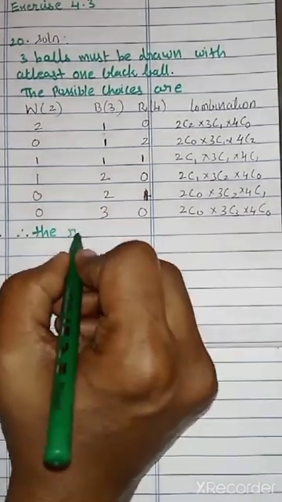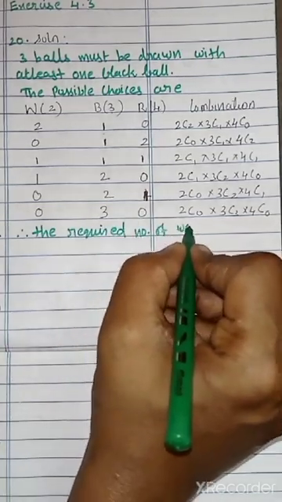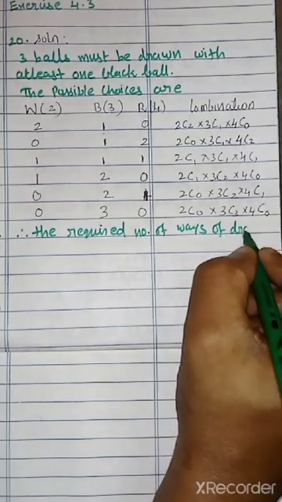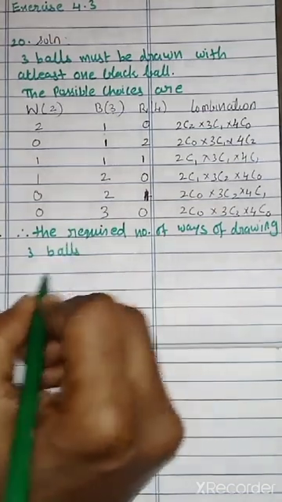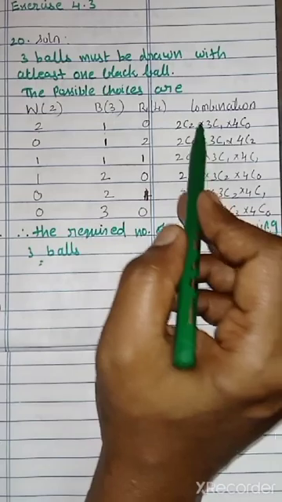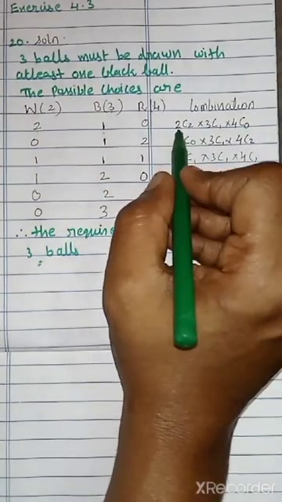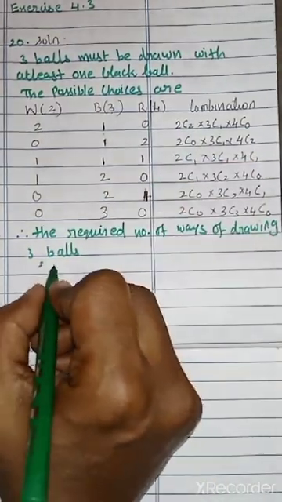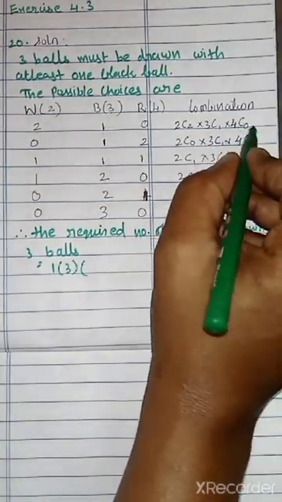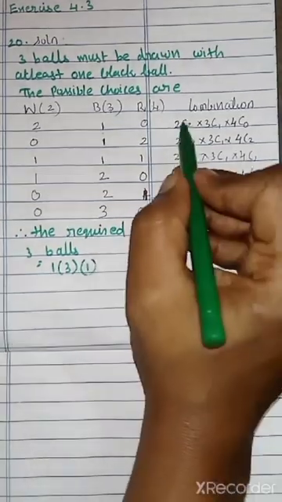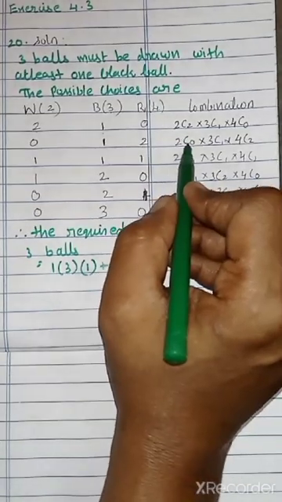Therefore, the required number of ways of drawing 3 balls is equal to, we have to add all those combinations. So first one, what is the 2C2 answer? 1. 3C1 answer? 3. 4C0 answer? 1. So the first combination we simplified, plus the second combination: 2C0 is 1,